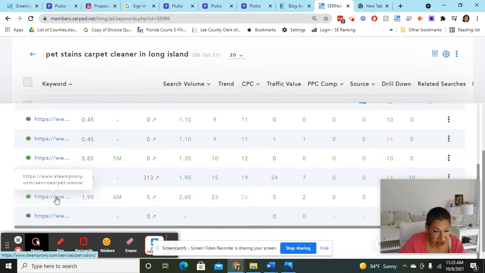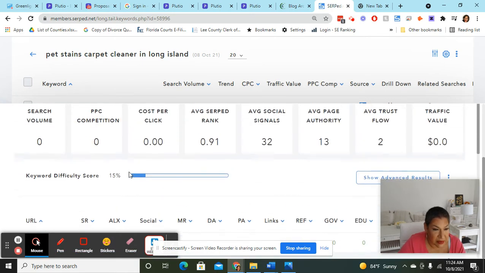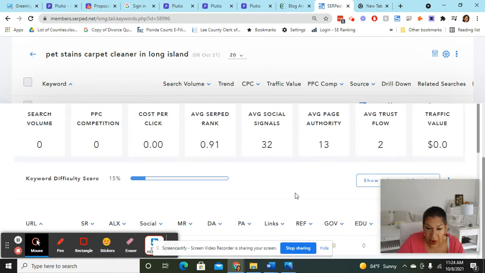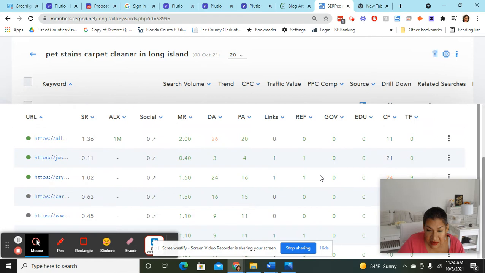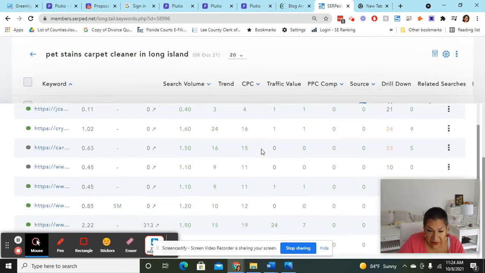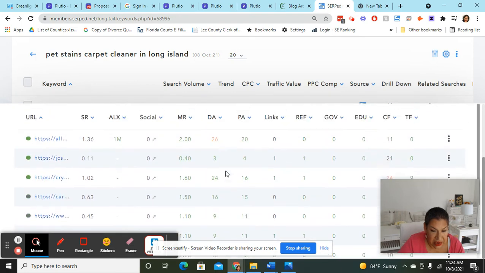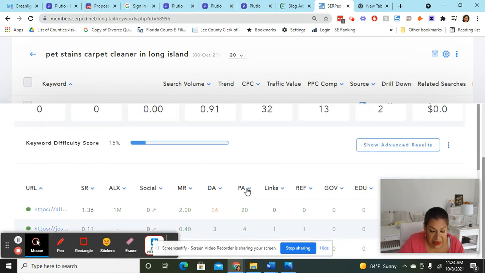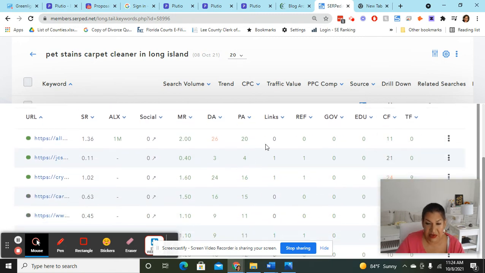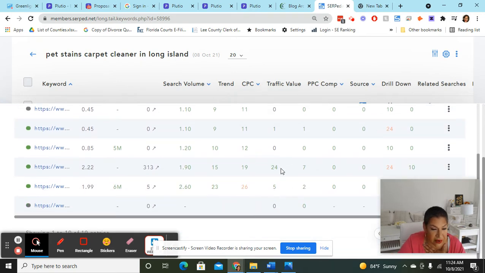And these are the competition. These are the people that he's competing against, including Yelp. Okay. So as you can see, and when you look at the page authority, to rank for this, it's not going to be that difficult. Domain authority, page authority. This is from Moz. And so this tool gives you that. Again, this is why I absolutely love it. And if you look at it, only one really went ham